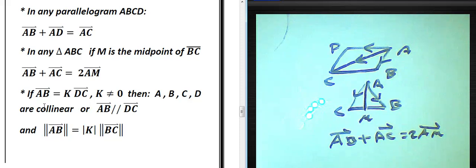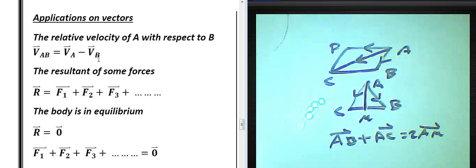If vector AB equals a constant K multiplied by vector DC and K is not equal to 0, then A, B, C and D are collinear. Or we can say vector AB is parallel to vector DC and the magnitude of AB equals the absolute value of K multiplied by the magnitude of vector DC. Look here at applications of vectors: the relative velocity of A with respect to B, velocity AB, equals velocity of A